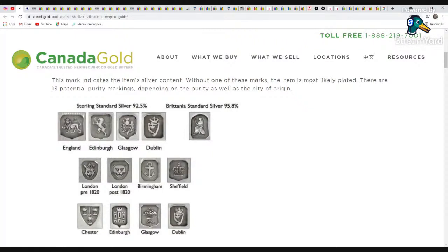arrive from heraldry. That's the use of symbols for aristocratic and noble families in England that would have a family coat of arms, they would have a family motto, they would have a family crest. And the lion is one of those emblems. So the lion passant is where the lion is standing on 3 legs and has 1 leg up. The lion rampant is where he is on his back legs with 2 legs up. And there's another third one which isn't used in hallmarking, the lion statant, which is where he has all 4